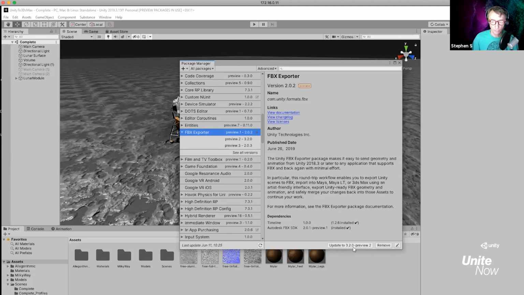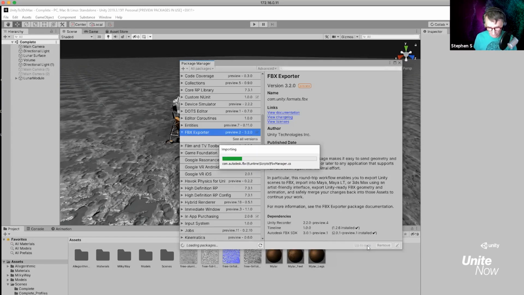I've tested this in this version of Unity 2019.3 and 3ds Max 2020, that this updates to 3.2.0 preview 2. Interestingly enough, when I was walking through this a couple days ago, it was preview 1. So it just recently got updated, and I walked through it this morning and everything worked out fine. So you should see this update to 3.2.0-preview 2. So I'm going to go ahead and update, right? If you don't see the update button, you see an install button, just go ahead and click install, because that means it just does not show that the FBX exporter is installed.